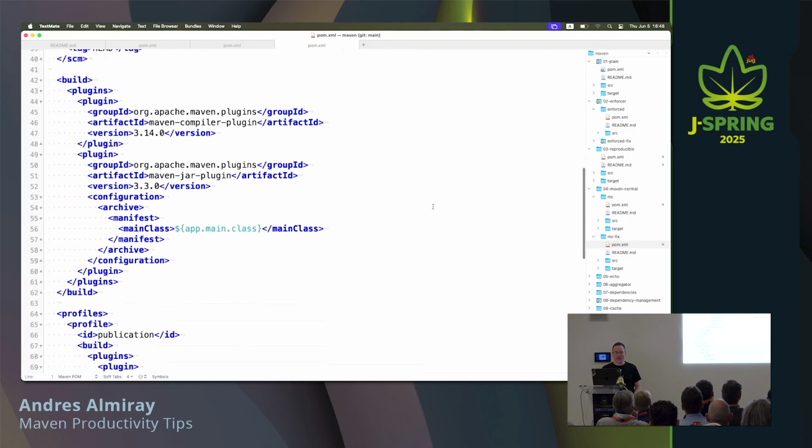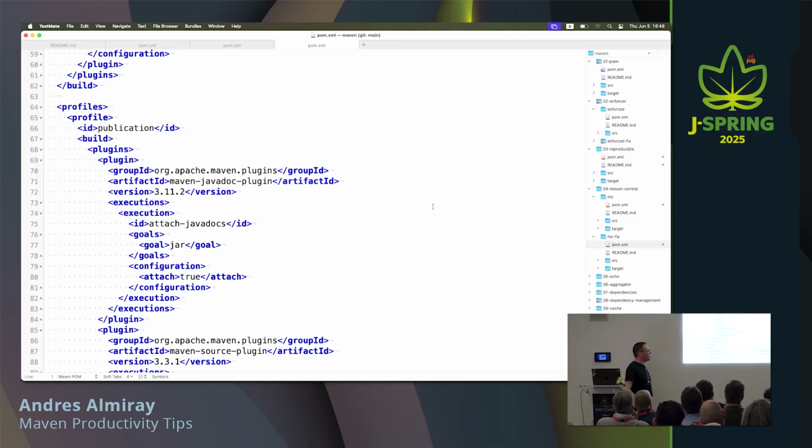So I may be saying something wrong, but it's kind of like if you want to have conditionals in your POM, if you want to enrich the capabilities of your POM, given certain capabilities, then use profiles. In this case, I'm defining a profile with just an ID. I could have said the activation of the profile will be a given file exists, or a given version of the JDK exists, or is configured, or something else. In this case, I'm going to activate this profile explicitly whenever I define that I want to use it.